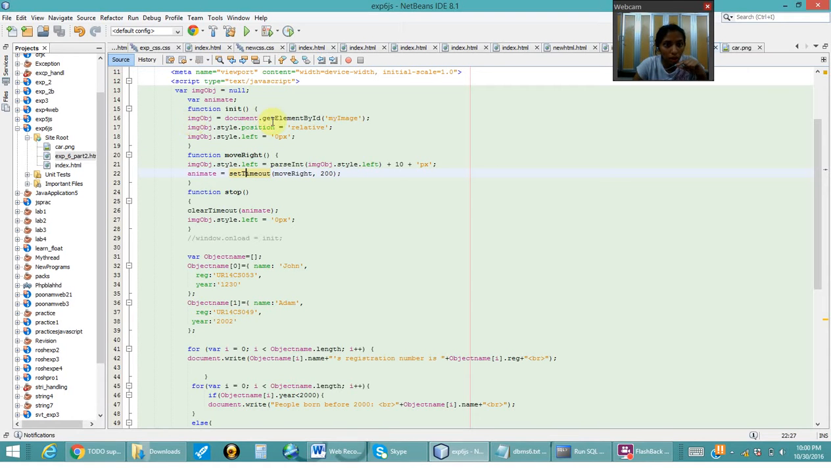So I'm taking my image, and I've named it my image, and I'm storing it into an image object, and I've set the position of it relative, and the starting point of it is 0 pixel. And then when I call the move right function, it moves 10 pixels. Each time it'll move 10 pixels to the left. And then I have a variable animate